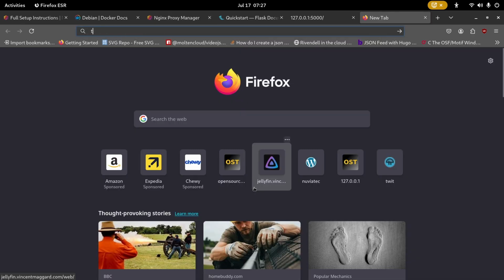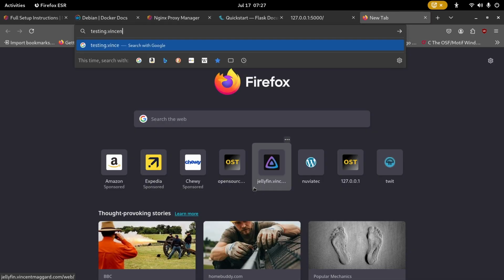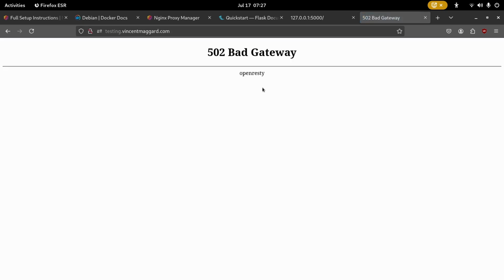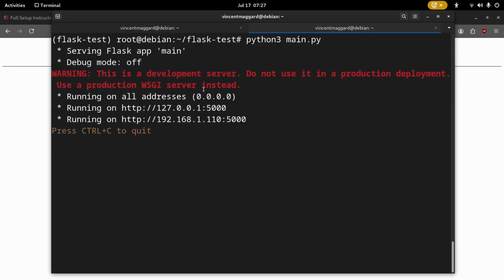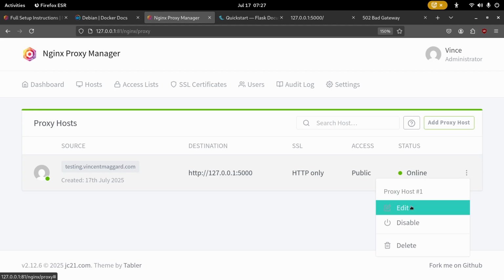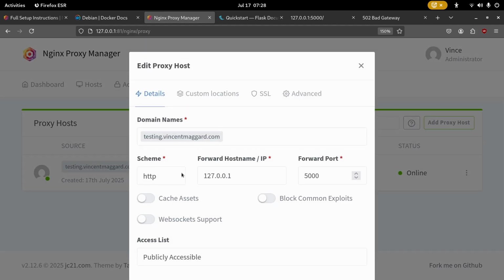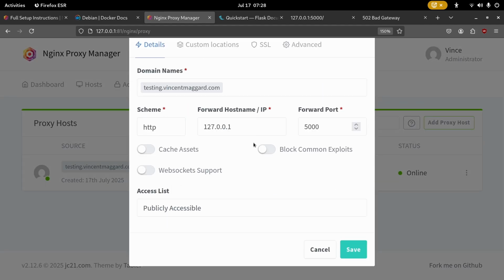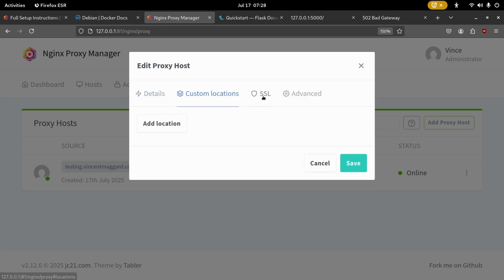And now if I go to testing.vincentmaggard.com, we get a bad gateway error. Okay, what did I do here? Yeah, that's right. Huh. Well,